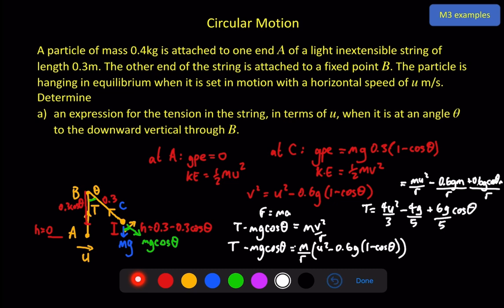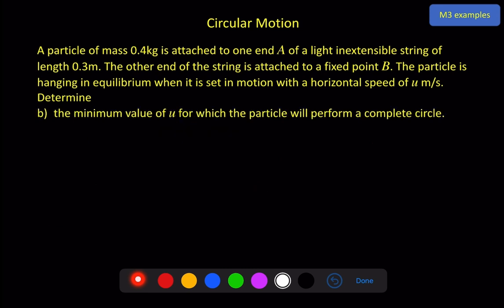And that here is our final answer for t in terms of u and theta. Part B says find the minimum value of u for which the particle will perform a complete circle. Now the difference here between the rod and the string is what we said at the very beginning of the